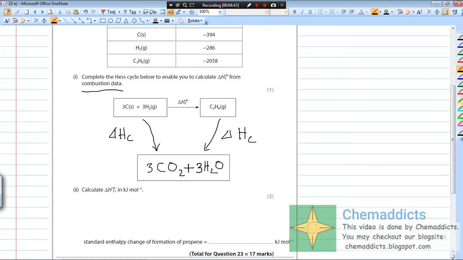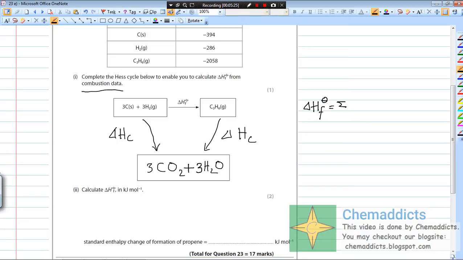So now let us move on to the next question. Calculate del HF naught in kilojoule per mole. Okay, so the given mark for this question is 2. So this should be a small calculation, where small steps are required, so we will just use the general formula. Okay, the general formula for finding the formation enthalpy here is